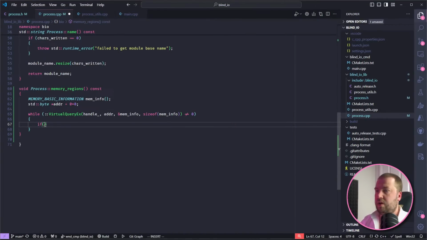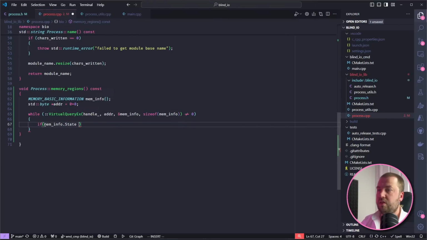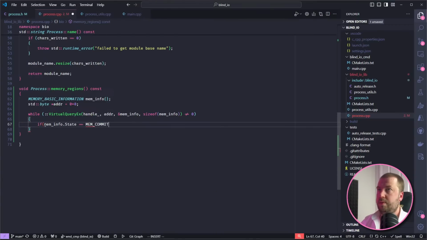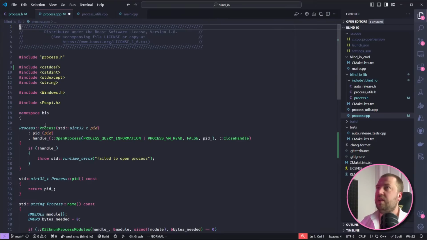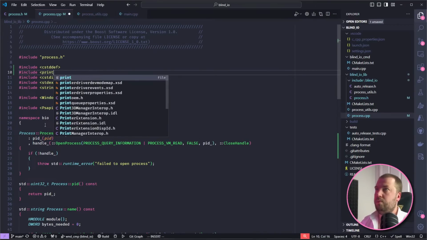I'm hoping the autocomplete is going to help me out here. State equals mem commit. So this means that the block was allocated, so we can now get some information out of it. And let's include print.